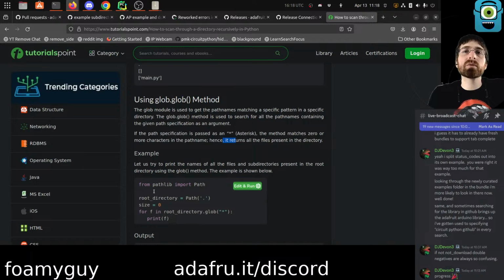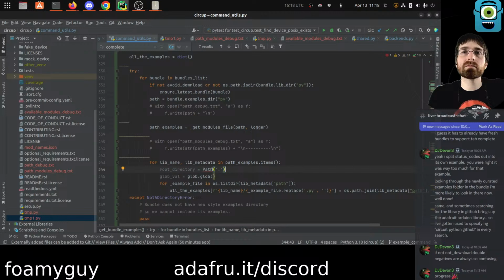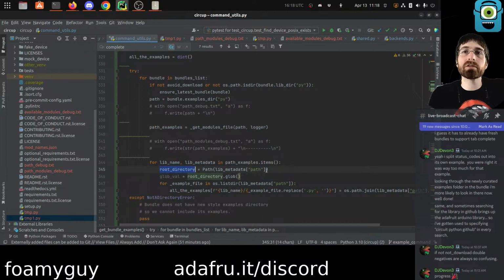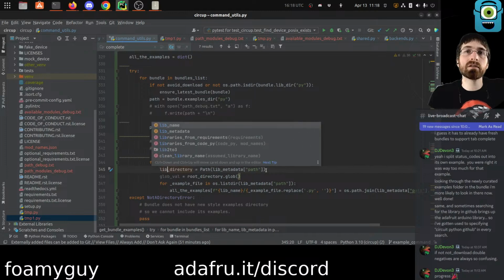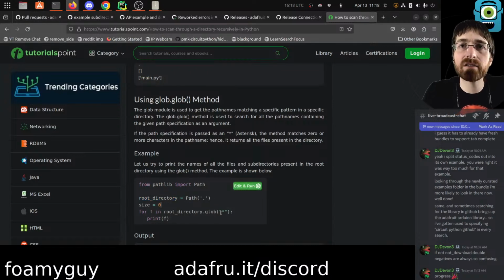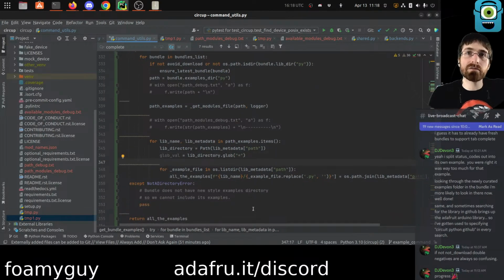But, okay, we need a path. This says pathlib path root directory.glob. Directory path. So this would then be root directory. Not actually root directory, but like library directory. .glob, and then that says just dot. No, that says star. Glob val. Okay, so then